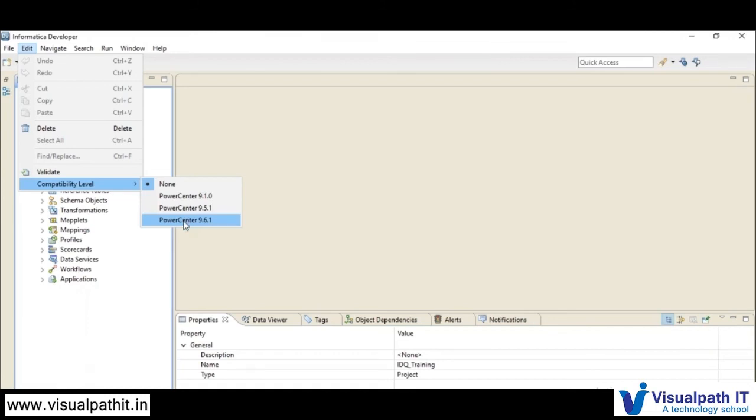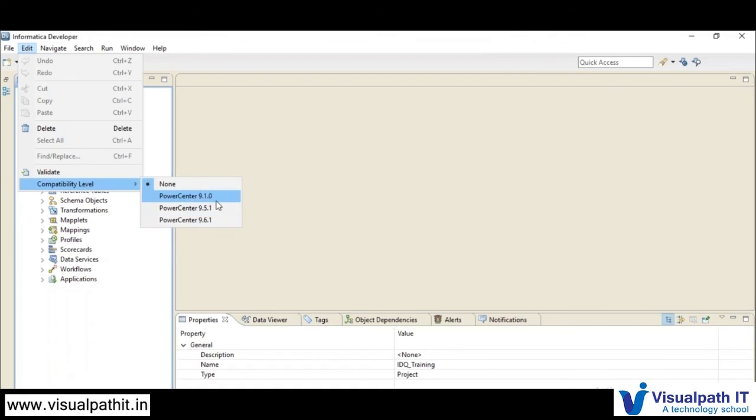So it will list 961, 951, 911, 910. The latest 3 versions will be compatible with your IDQ tool. Let's say you are working on the 10.1 version, then the compatibility level list will show Power Center 10.1, 961 and 951. So the latest 3 are compatible.